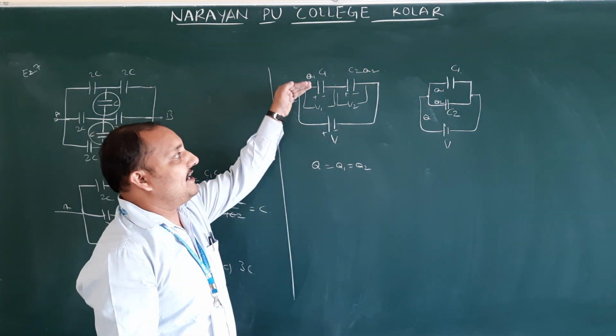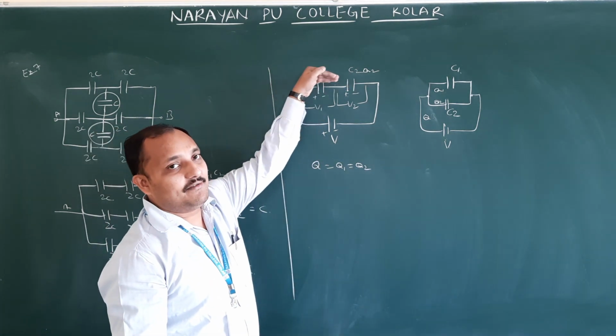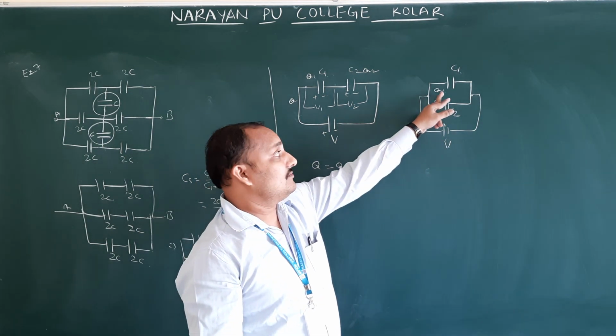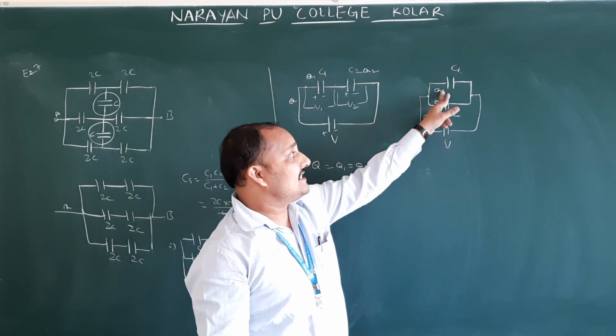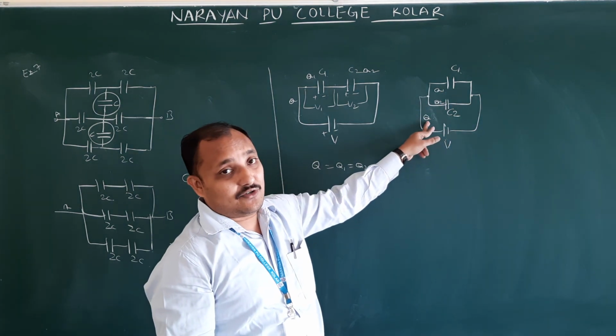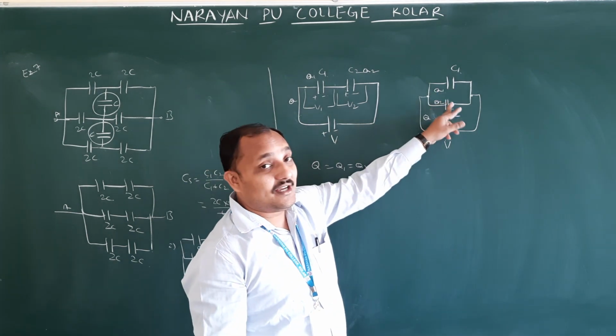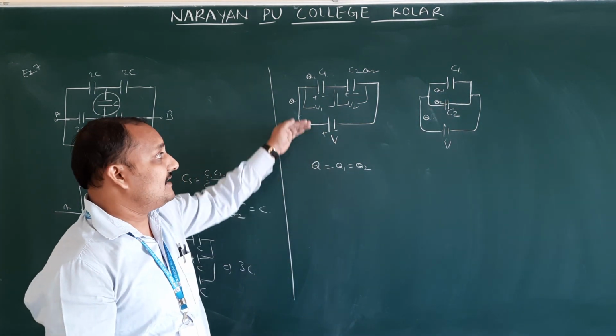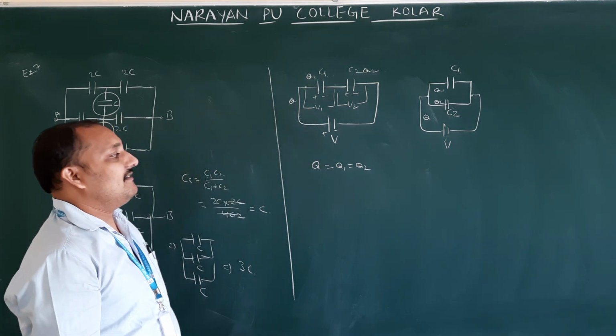How much charge is entering? Same charge is going through C1 and C2. Here charge is going to divide because this is a junction here. So on C1 charge is different, on C2 charge is different, and entering charge is the total charge. Okay, and what is same here? Potential is same. Here charge is same. Okay, these 3 points are very important.